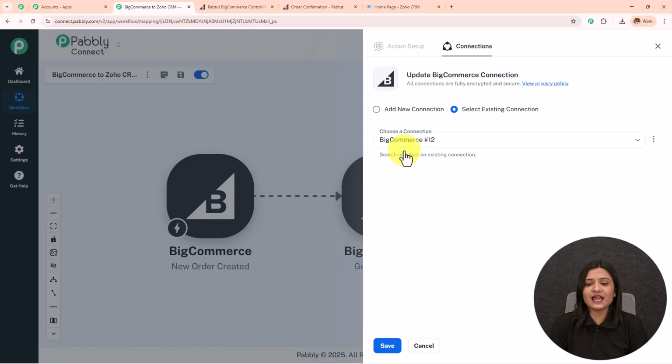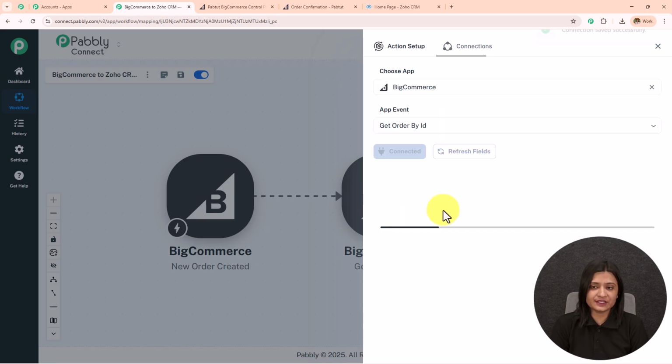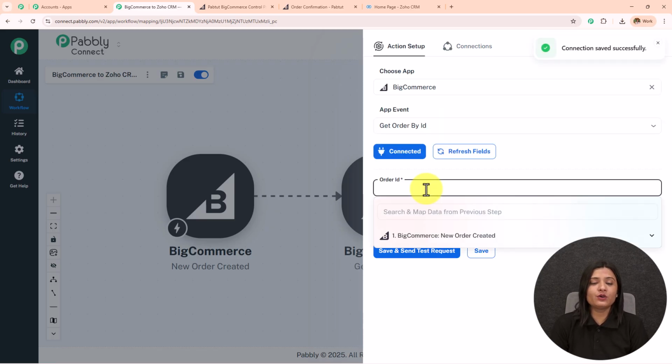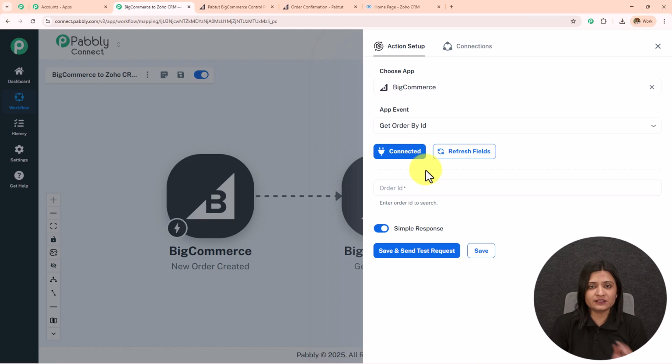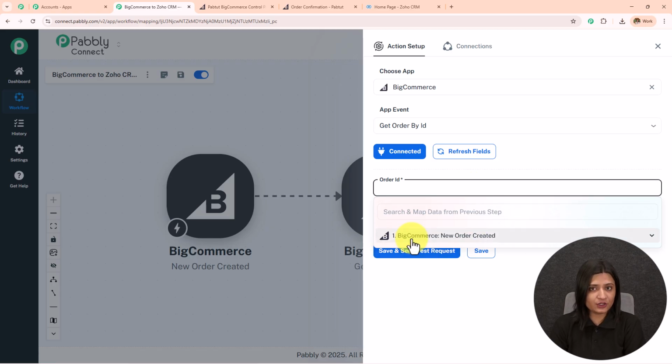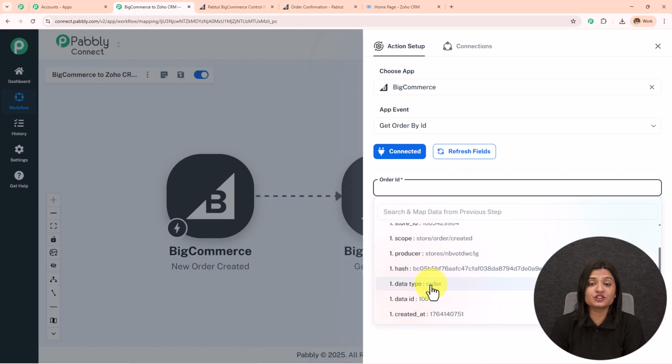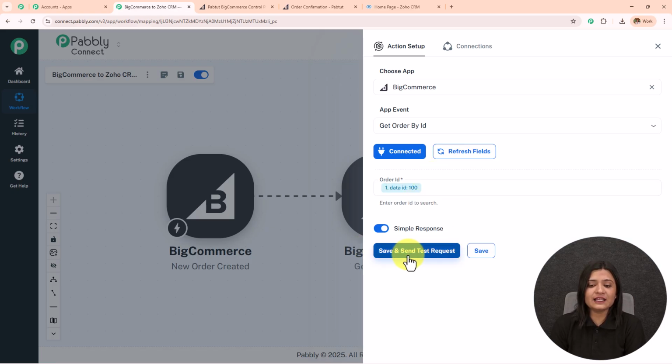So now as I have an existing connection, I'm going to save this and I'm going to enter the order ID, but I'm not going to enter like this manually. Instead I'm going to use a method called mapping, which means I'm going to enter the data from the previous response. I have received the response from this BigCommerce, and when I click on this field I can see this BigCommerce. When I click on this I can see all the response which I have received from there. This data ID is the order ID which I'm going to map,